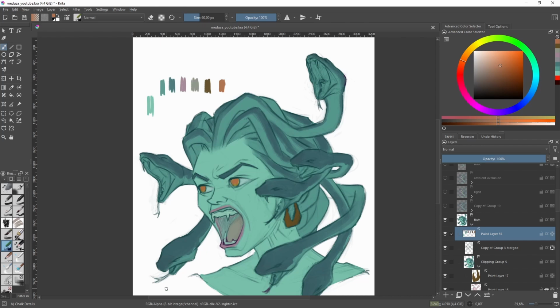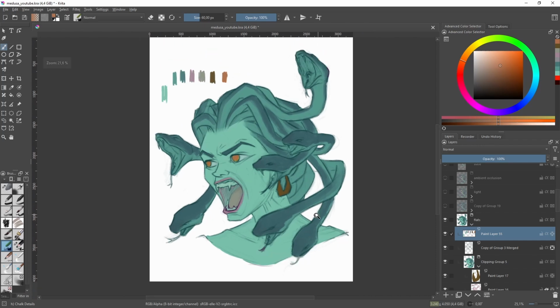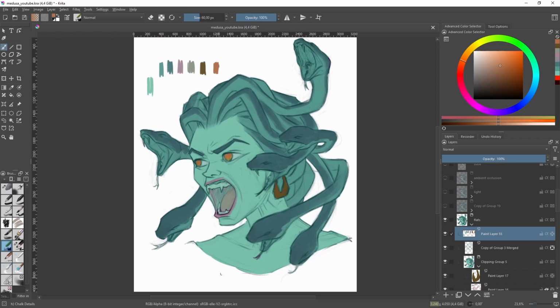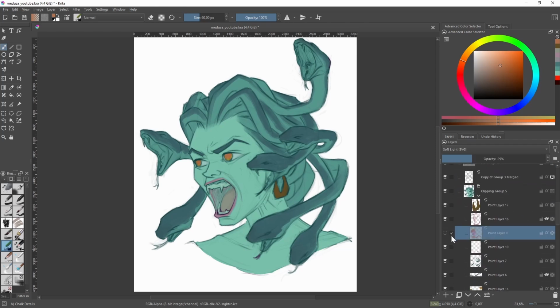So it's a small element which has this complementary saturated color, so it immediately pops out compared to the rest of the colors. So if we continue on that, then what I did next was I applied a soft light layer to create a little bit of color variation based on the